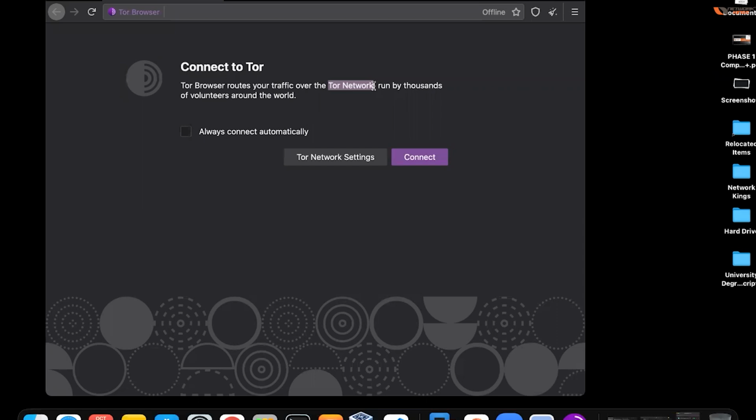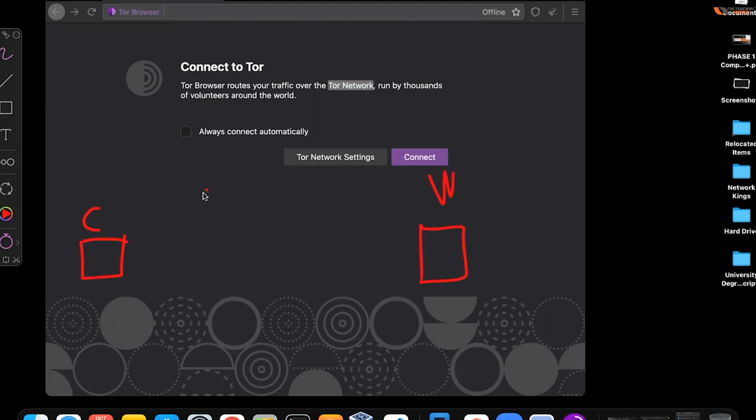Tor means onion routing. Onion routing means that your IP will get changed multiple times. To be precise, 3 times. So if I have to show this diagrammatically, this is your computer. This is a website that you have to access.